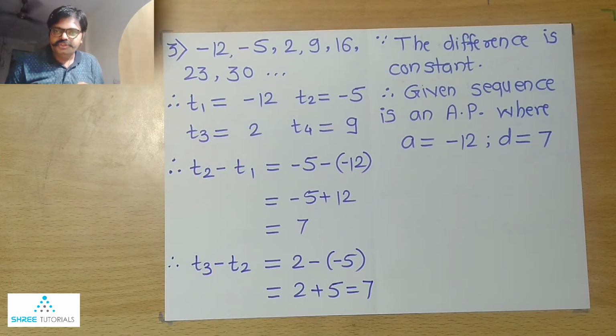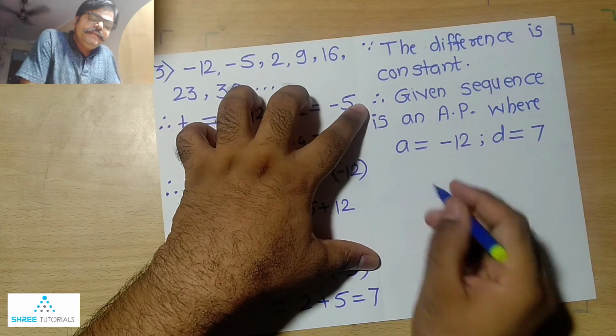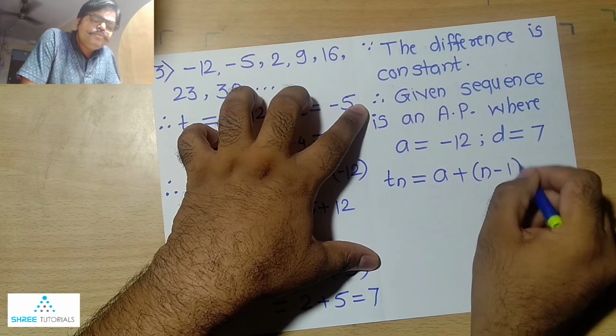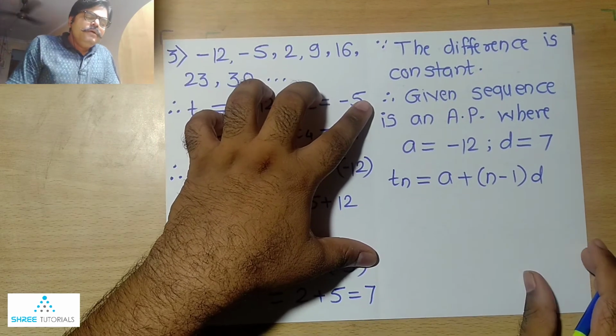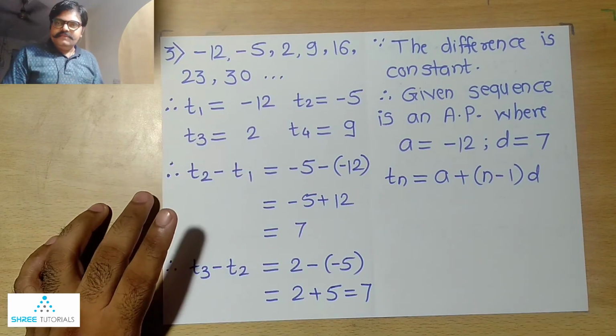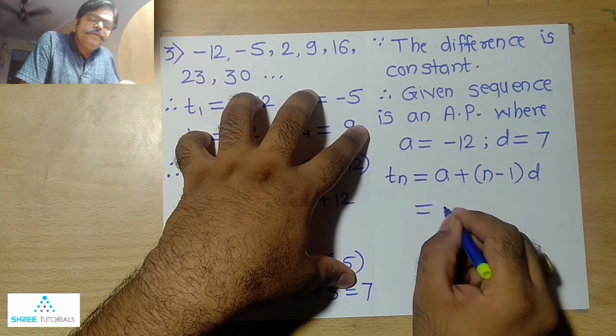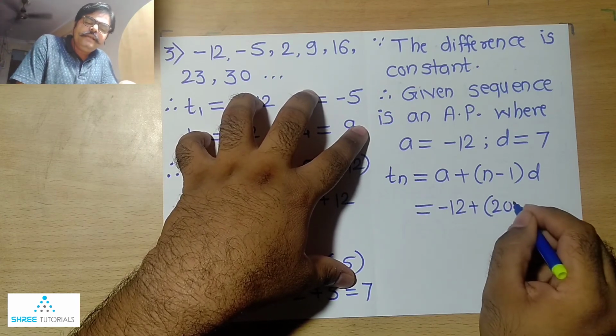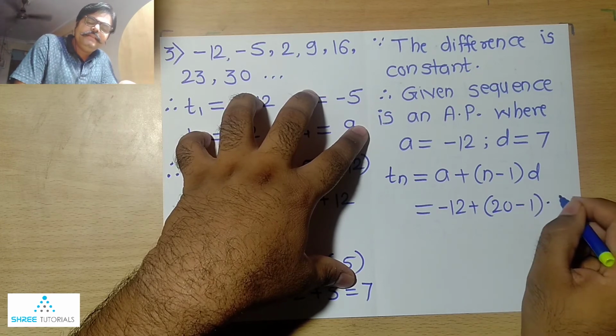So out of the given question, the first 50% we have solved. Now let us think about the second half. In the second half, what have they asked us? They have asked us to calculate the 20th term of this entire sequence. Now for that matter, we will have to go for a formula. What exactly does the formula look like? It is Tn equals a plus n minus 1 multiplied by d. Now we are going to substitute things in that formula. Therefore, a's value we have got is minus 12, n's value is 20, 20 minus 1, multiplied by d, that means 7.